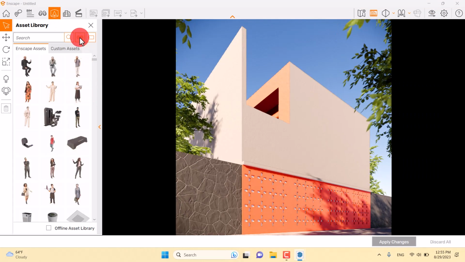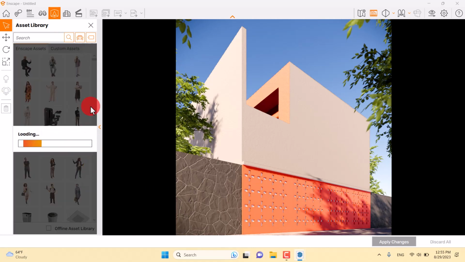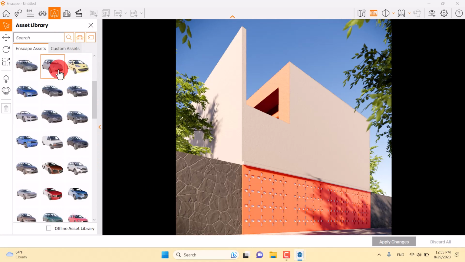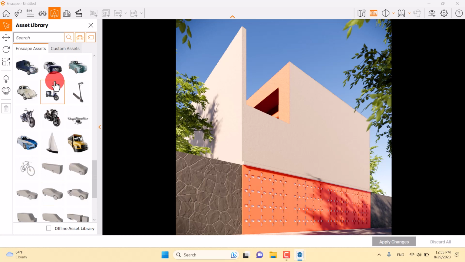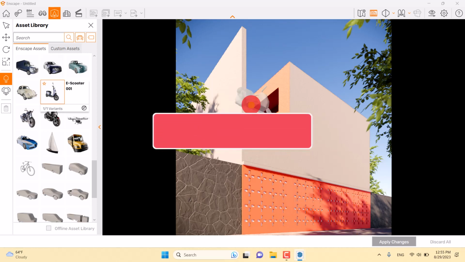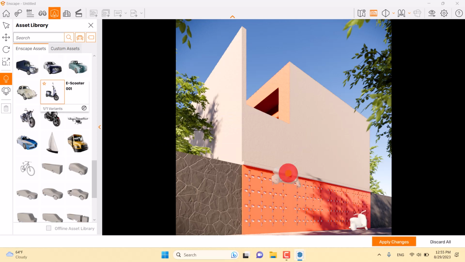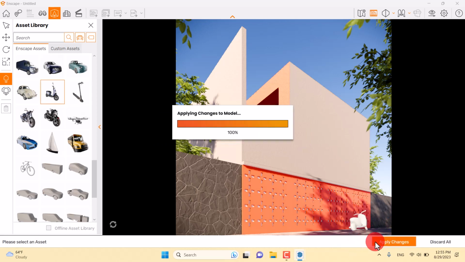So for the final steps, I'm going to add some type of objects like a motorcycle and people in my camera shot. So I'm going to change it to the vehicle. I'm going to use bike or bicycle. I prefer to use some type of motorcycle in here and add it to my environment. One architectural rendering point is that you must set your objects to the right side or left side because your main target is your house and your exterior design, and it always must be empty. So I'm going to apply changes on it,